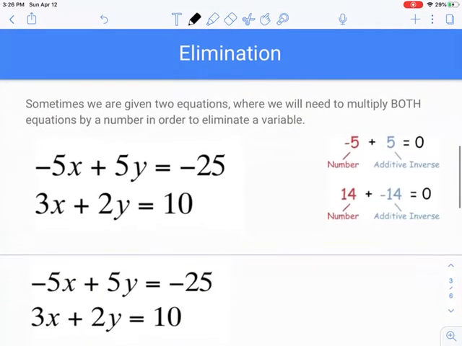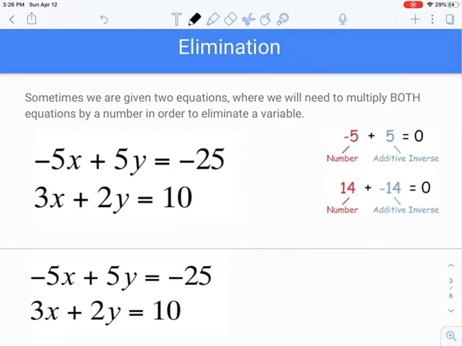We've already done solving systems by elimination, but we have not done it where we would have to multiply both equations by a number in order to eliminate a variable. We know our goal in elimination is to have the coefficient of either the x variables or the y variables to be additive inverses. If you see on the right hand side here, it gives us an example of our additive inverses. It's when we have the same numerical value, but one is positive, one is negative, because they end up being